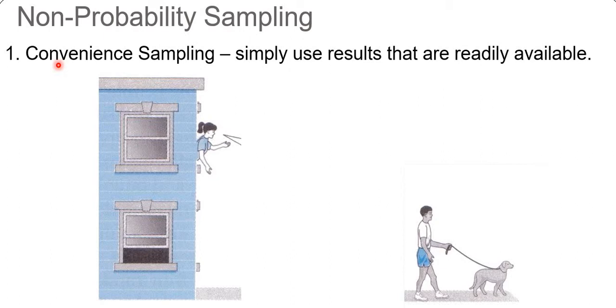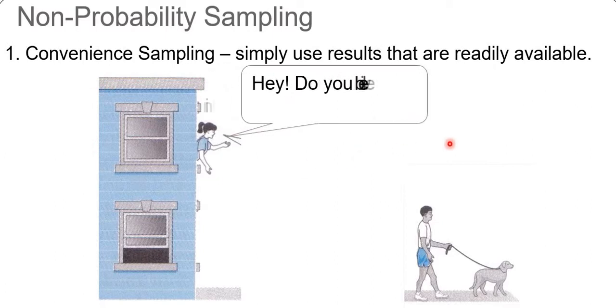Let us continue talking about sampling techniques, this time about non-probability sampling techniques. The first and the most encompassing of them all is convenience sampling, which is simply using the results that are readily available at the comfort of our own homes. So we just ask based on the comfort of our own homes, or we just take what is available. We give out a survey, and those who just answer, those are the ones that we will use in our data analysis. Do take note though that this is not a bad way of sampling,